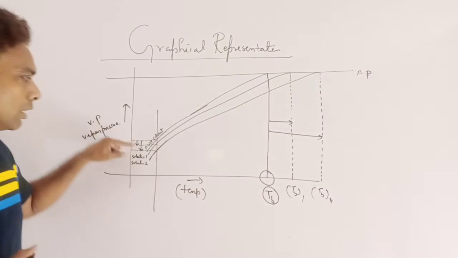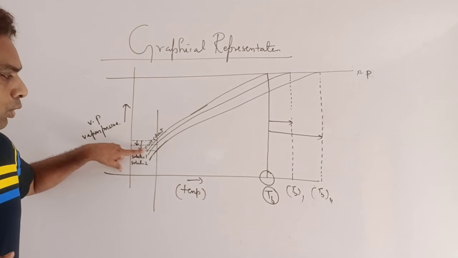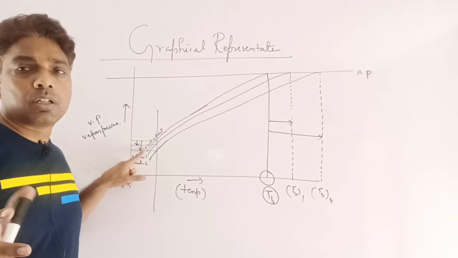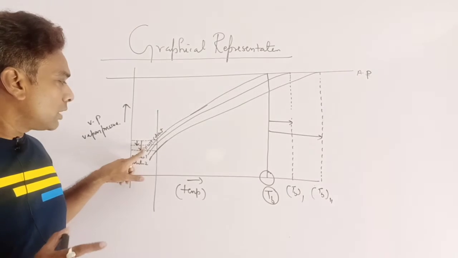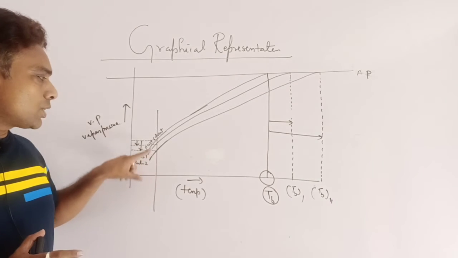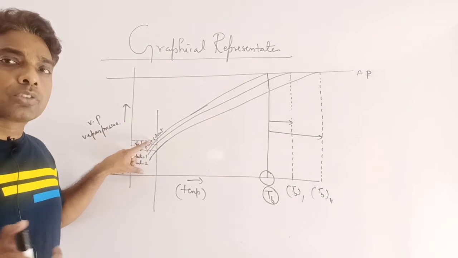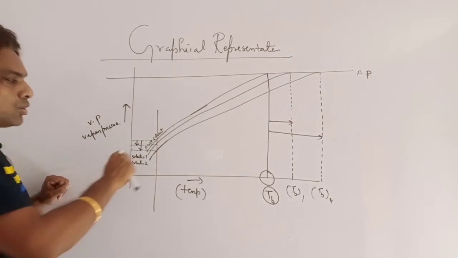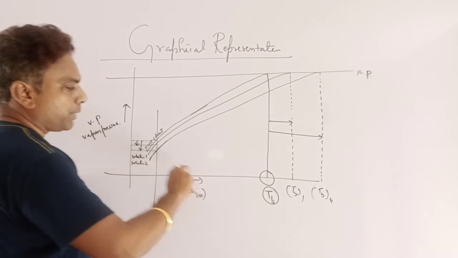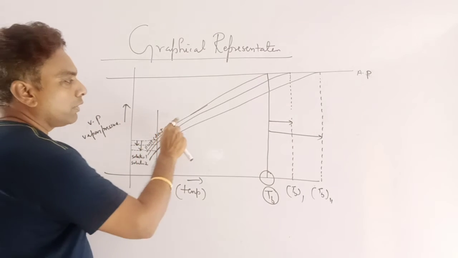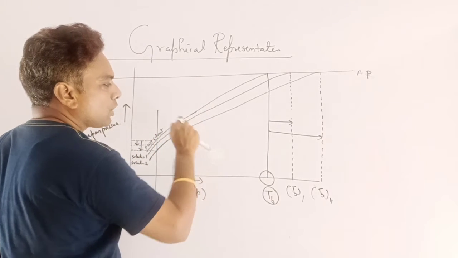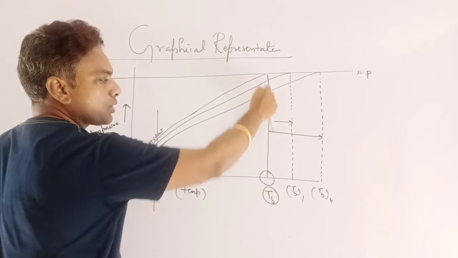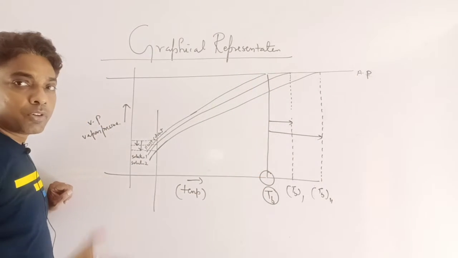Again, here is the pure solvent. The curve of pure solvent is always above the curve of the solution, since at constant temperature the vapor pressure of pure solvent is always greater than the vapor pressure of the solution. On increasing the temperature, the vapor pressure increases, and the temperature at which it equals atmospheric pressure is the boiling point of pure solvent.